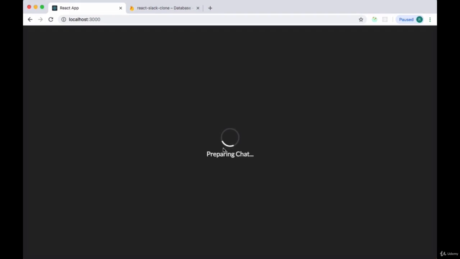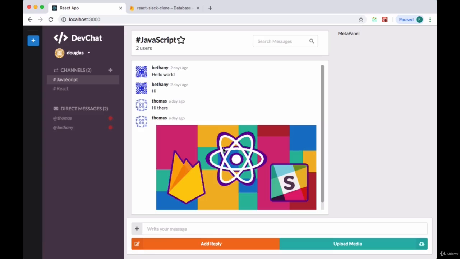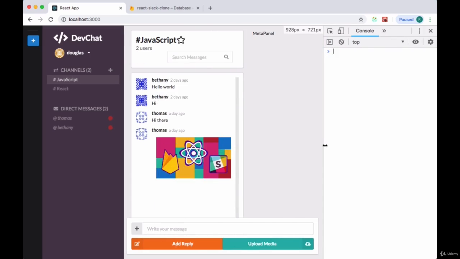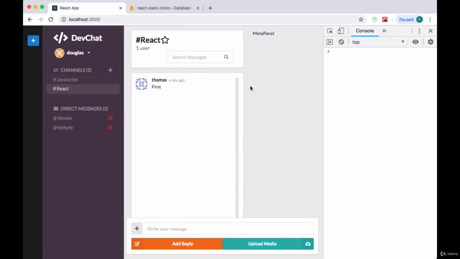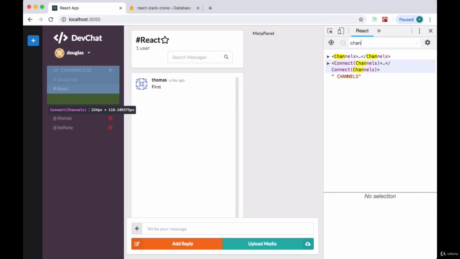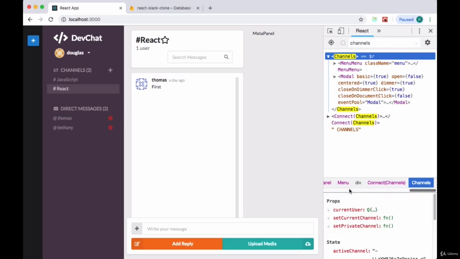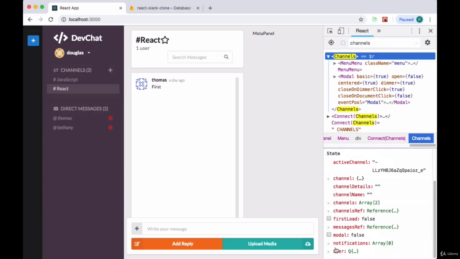So we'll save that, head back to our app, and test this out. First, we need to make sure that we switch to a different channel so that we have a channel value within our state. Remember that our handle notifications function will only run if we have a non-null value for our channel within state. By switching to another channel, we'll navigate to the channels component, then DevTools, take a look at the notifications array,